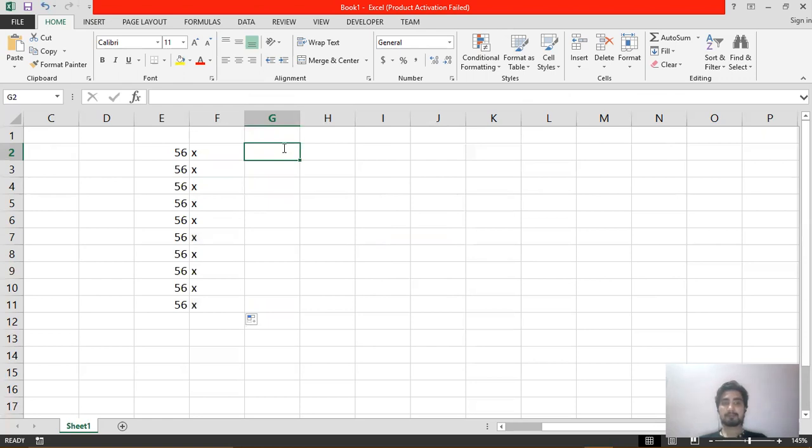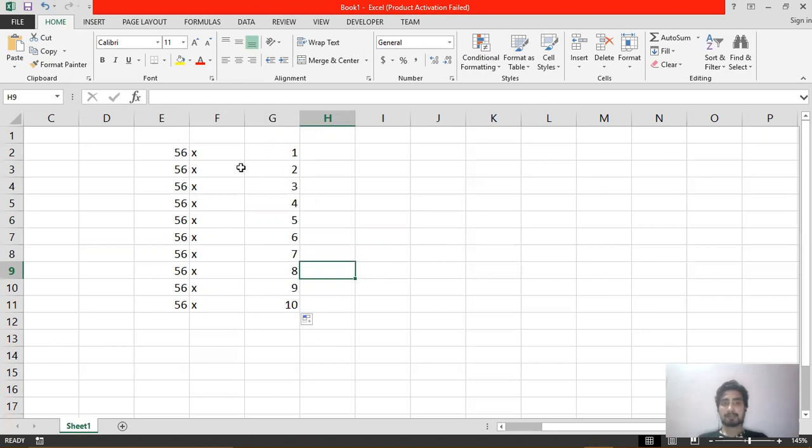Then here I need the numbers in a series, that means 1, 2, 3, 4, 5, 6 like that. For that, I need to show the pattern in which I want the numbers to be autofilled. That's why I have written two numbers, which represent the pattern to Excel. By selecting both cells together, clicking on the autofill option and dragging it downward, it will fill the numbers in a series, because we have shown the pattern, and the numbers will be inserted accordingly.